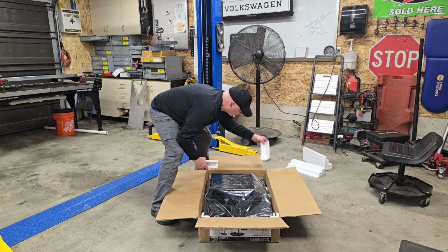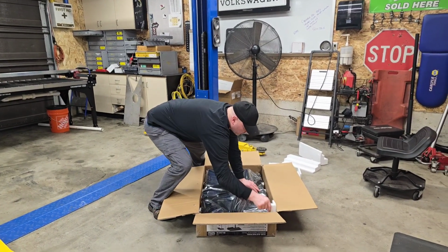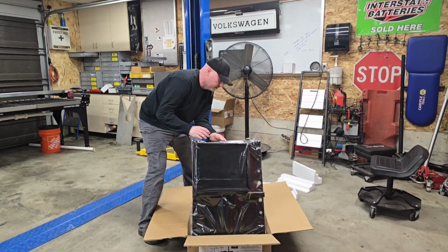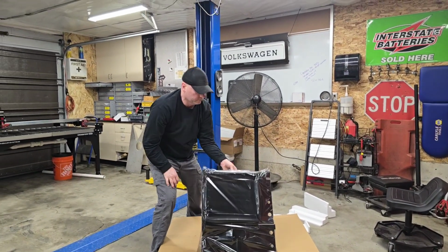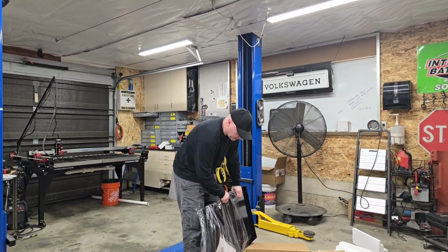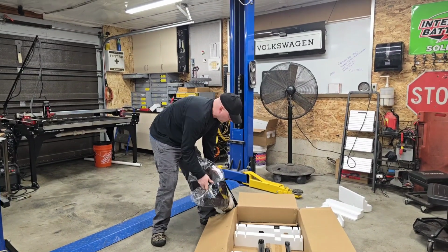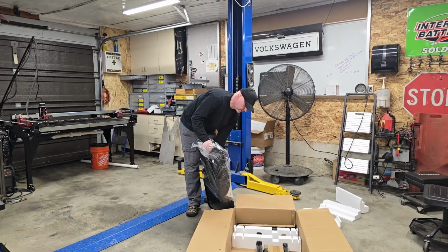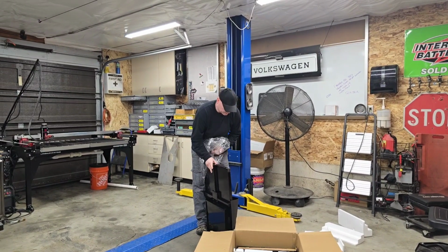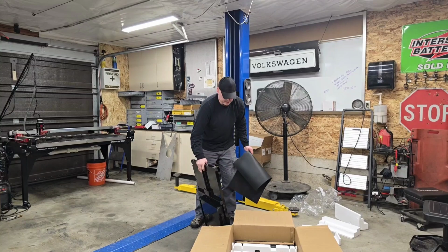Packaging's pretty decent. The box didn't look like it's in the best shape, but there were no smash marks or anything, and it looks to be okay so far. So it looks like you got your main top part here, might be a bag of screws. Get this out. Oh yeah, it's all kind of hard to get out of this thing. It's pretty heavy. It's got some weight to it too. I was pretty impressed with it when I saw it in the store. If you guys haven't seen one,